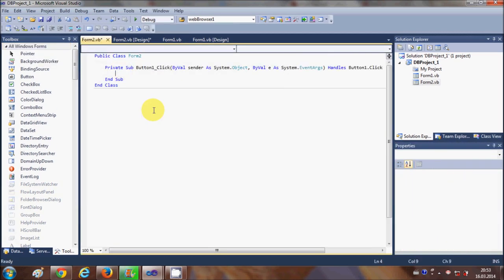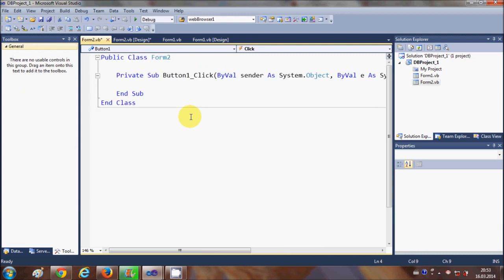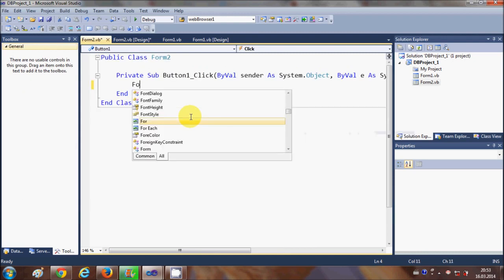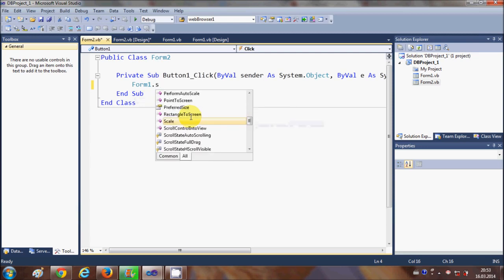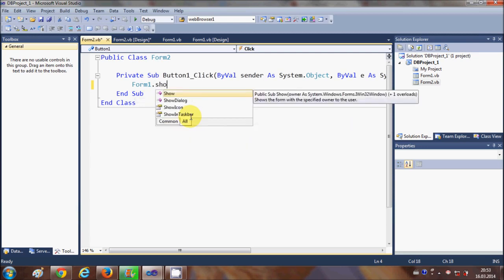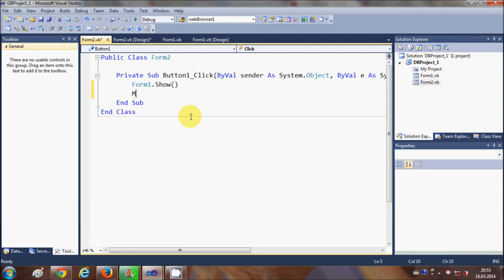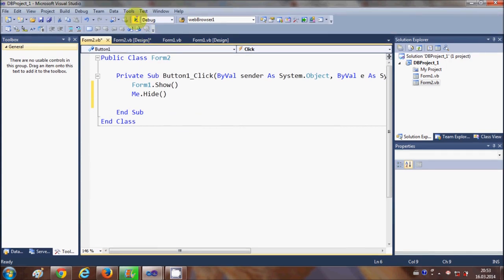And when I double click this, in here you can write form 1 dot show and me dot hide. Okay, and now when you run the program,